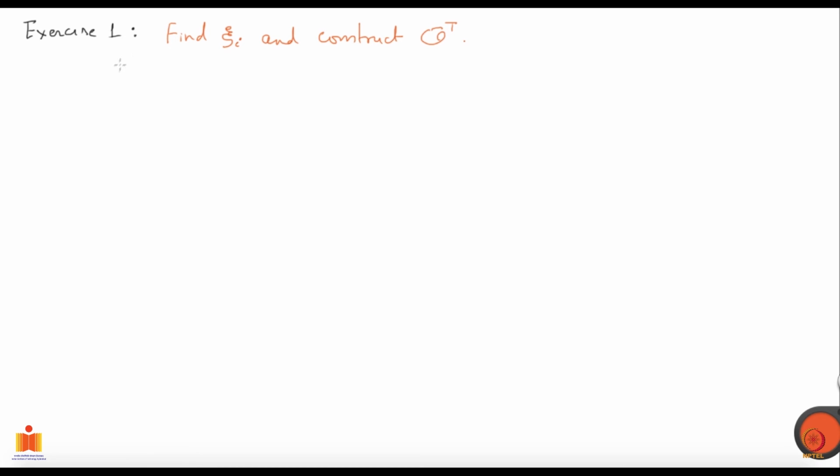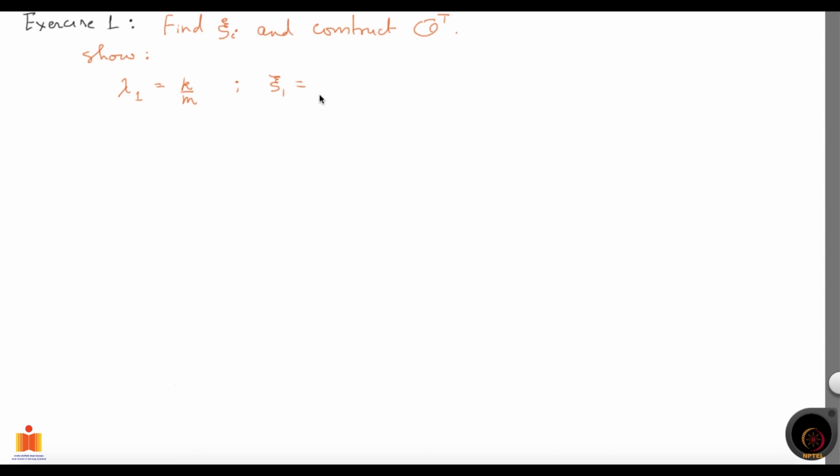That basically amounts to doing the following. You should show that for lambda 1 equals k by m, this eigenvalue, the corresponding eigenvector xi 1 is